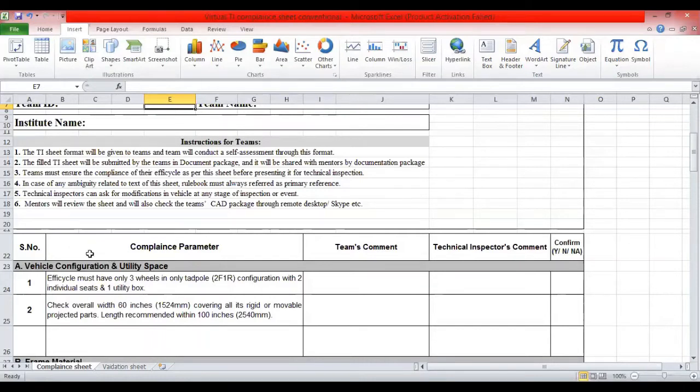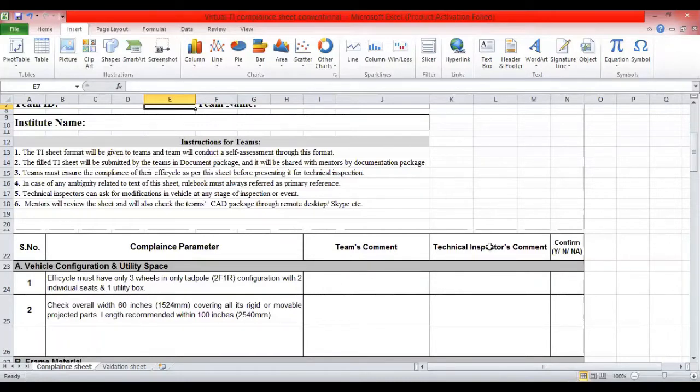Under that we have 5 columns. The first is the serial number. Second is the compliance parameter, which tells you what we are expecting from you, and then your comment, which is your understanding of that compliance point.